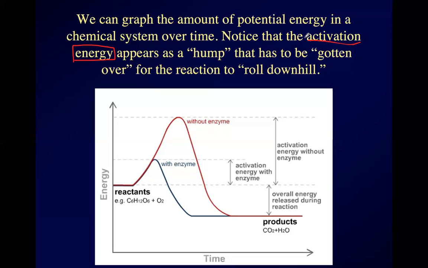So to start a fire, we have lots of potential energy in those chemical bonds that make up the wood. So we have lots of it that is potentially available. To get it to start going, we have to give it this little kick of activation energy, this spark or